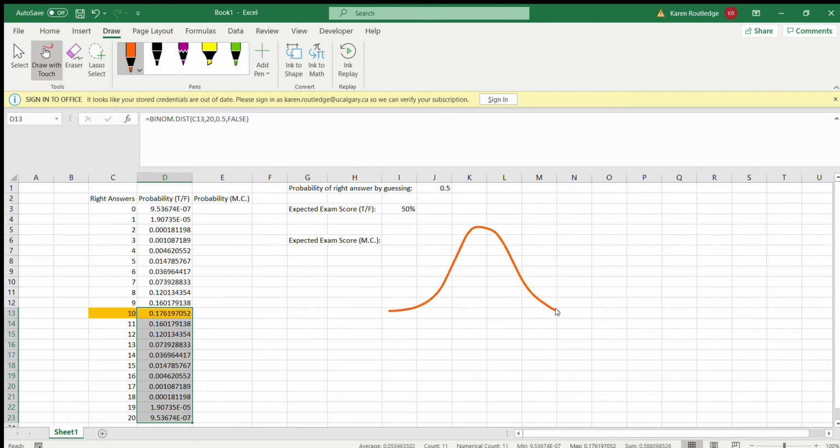So I'm going to draw it the same way that we normally do. Note that this is the binomial distribution. So what's really happening is we have these fixed probabilities. So there's the 0 right answers, we'd have a bar here that's 1 right answer, and a bar here that's 2 right answers. So in reality, this is a discrete distribution, so we would have bars and not a curve. But curves are a lot easier to draw, even for me, who draws very bad curves. So we're going to go with that anyway.